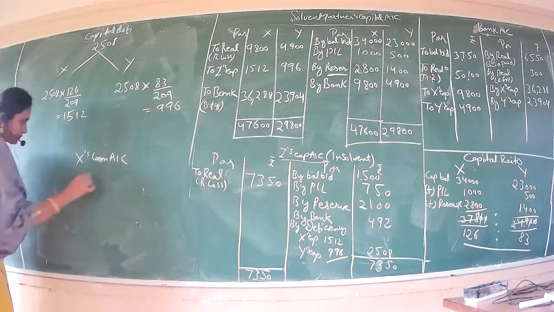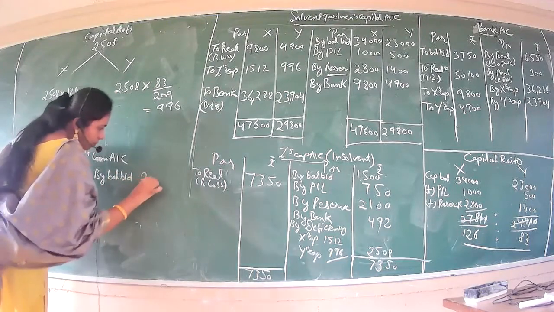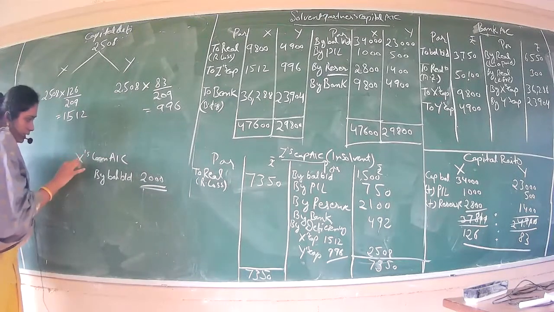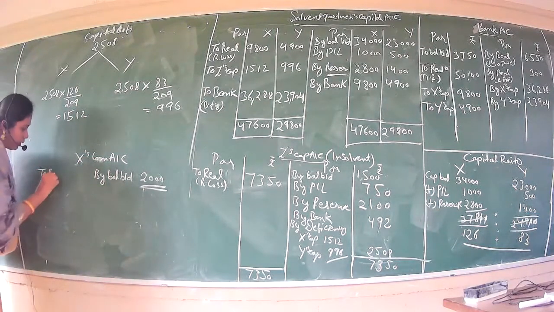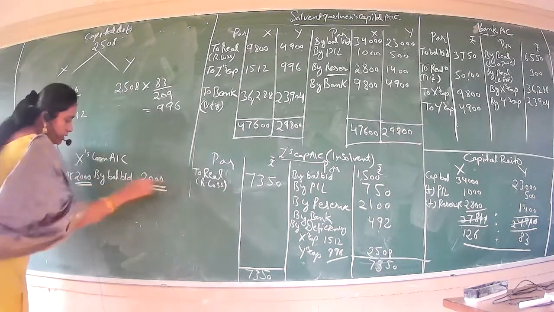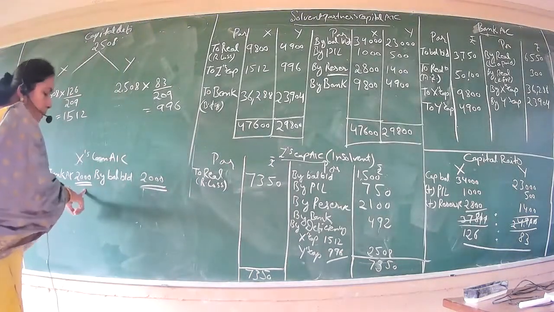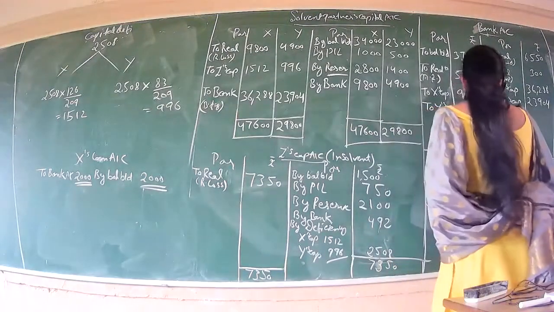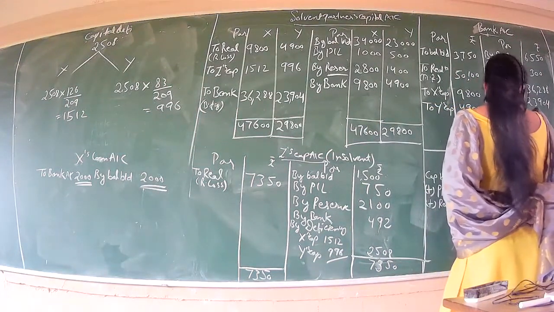X loan account. What we have did, by balance brought down, amount was 2000. Okay. And we have to assume that whatever was the partner's loan, that is X loan, directly it is paid by the bank. So entry to bank account, because we are paying off. How much we are paying? 2000. Just a one line entry. Okay. You had the partner's loan and that you paid through the bank. Now we have to take this in your bank account as a counter entry. That is your by X loan account. How much? 2000 we have paid.